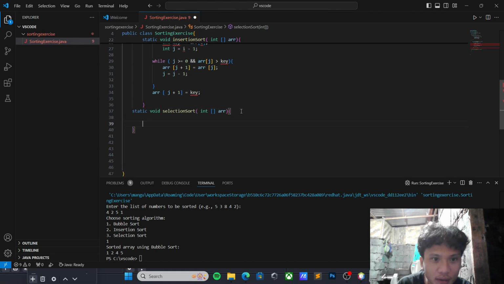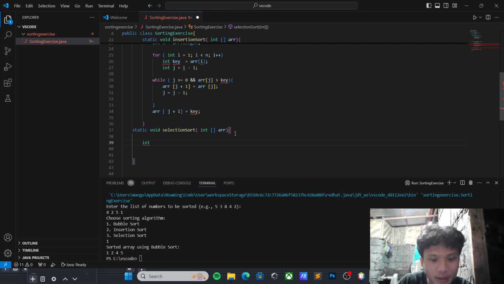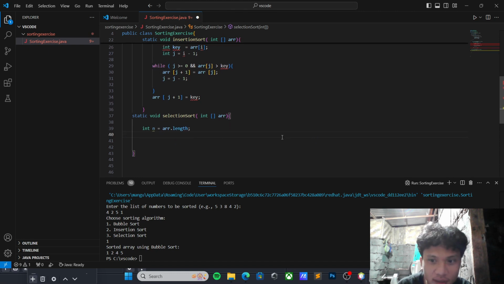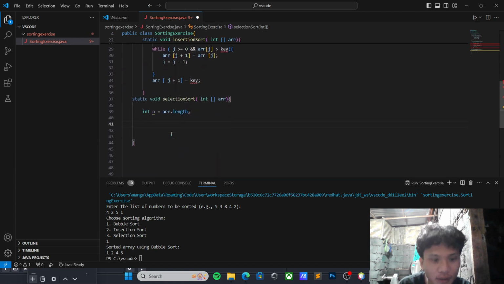After creating this method, we're going now to initialize int n equal to a.length. This stores the size of the array in n. Now we have to create another for loop for this method.